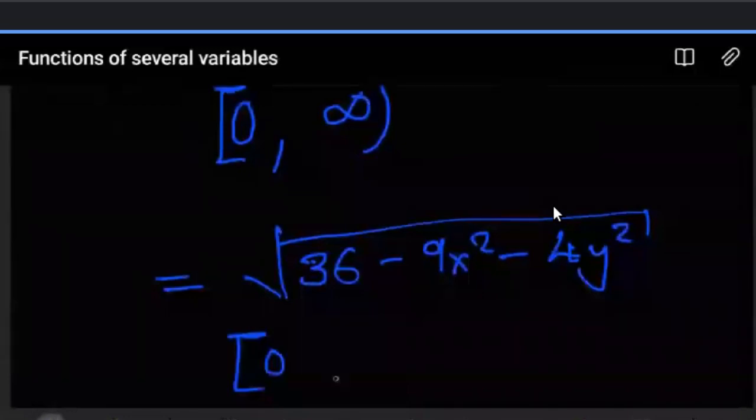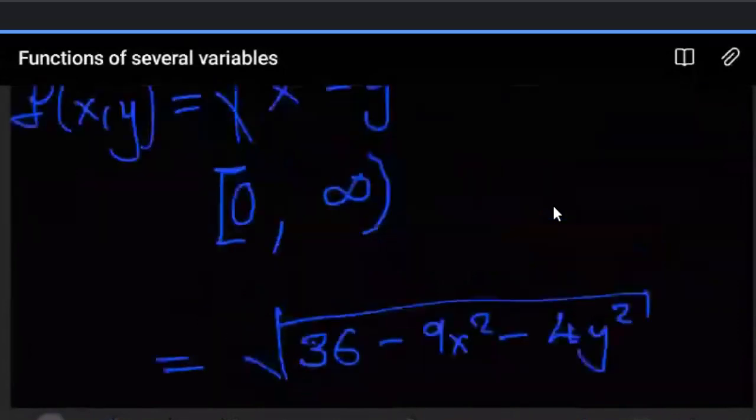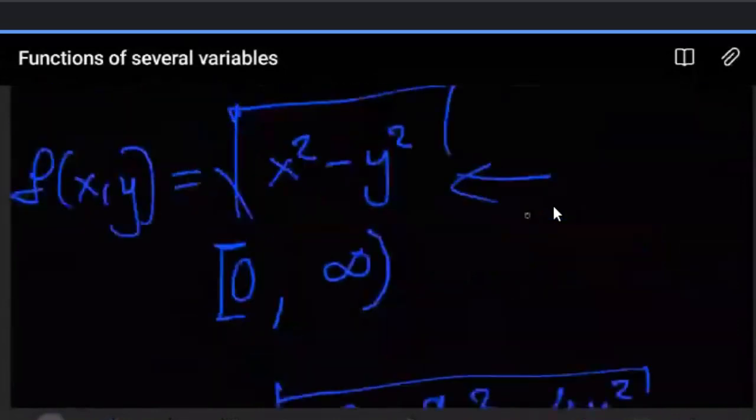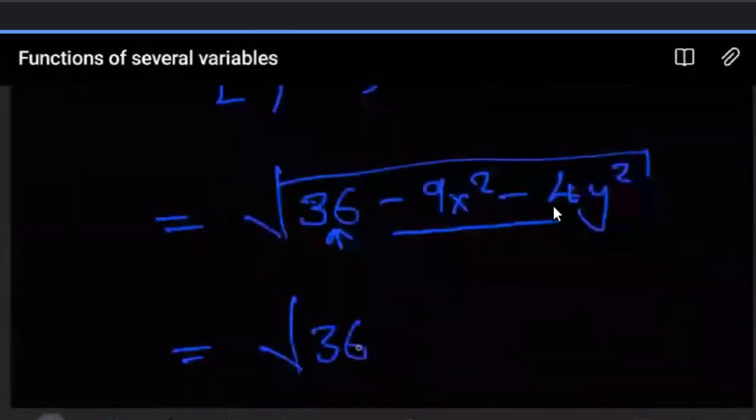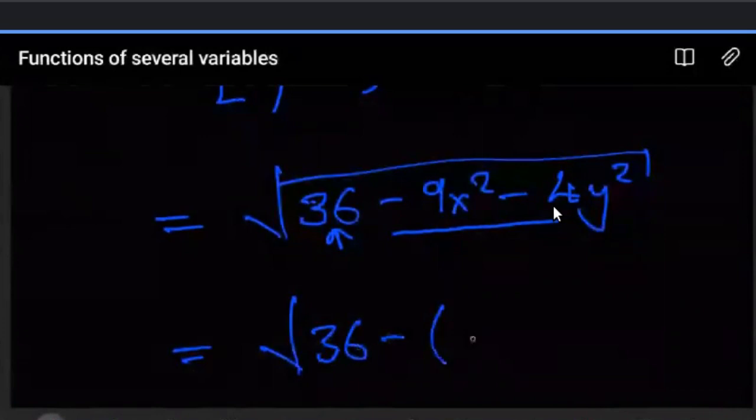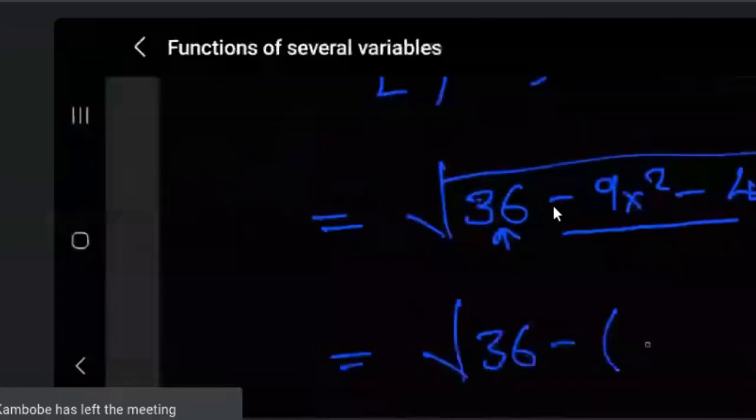As these keep on increasing, in fact, when I rewrite this expression, we see that it becomes root 36 minus, I've just factored out that negative, so that I have 9x squared plus 4y squared. We see that in this case, as I keep going up, and this is plus here, as this term keeps on increasing, we see that we keep on subtracting from 36. 36 will have